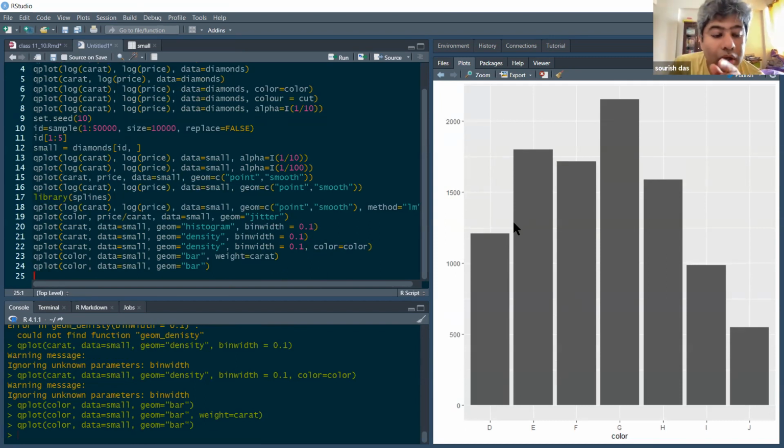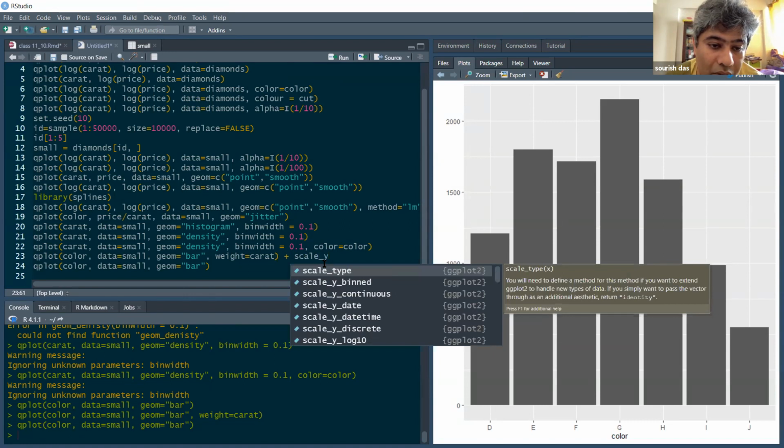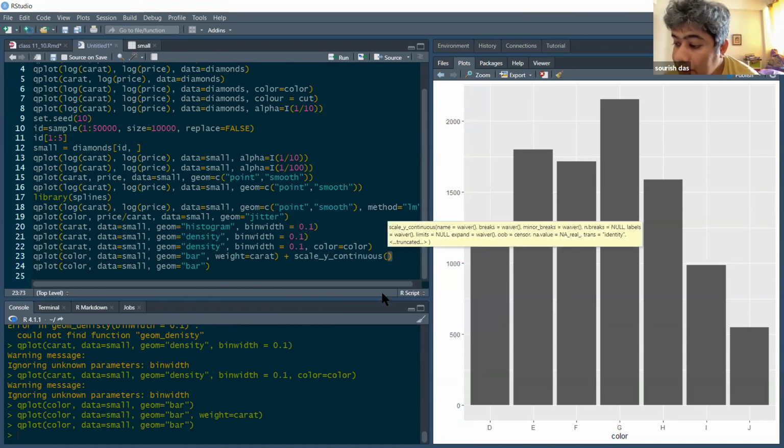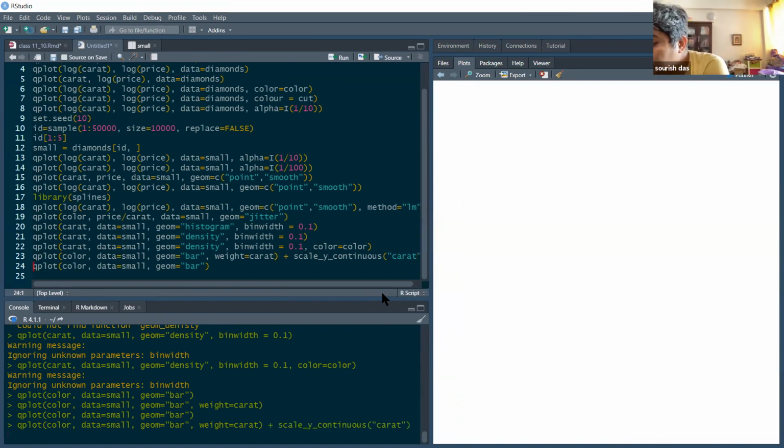Now you do weight equal to carat, and after the parenthesis you put a plus, scale underscore y underscore continuous, and then there you give quote unquote carat. Check what happens and run the entire thing.